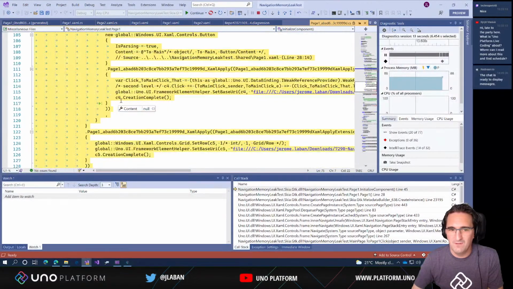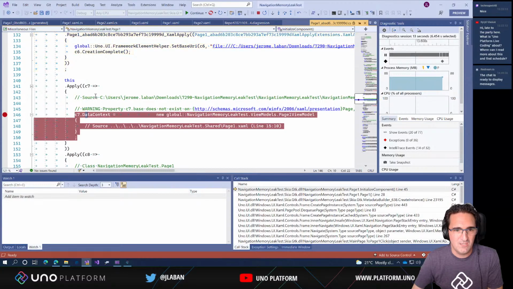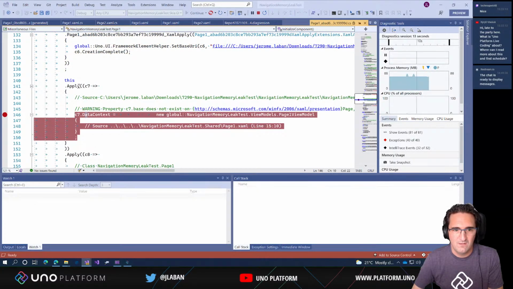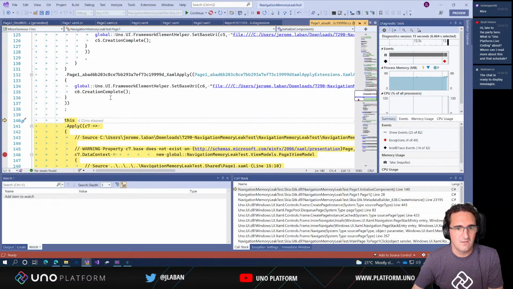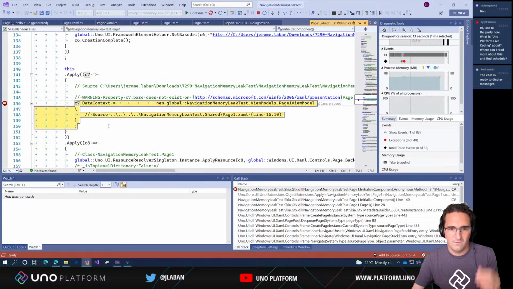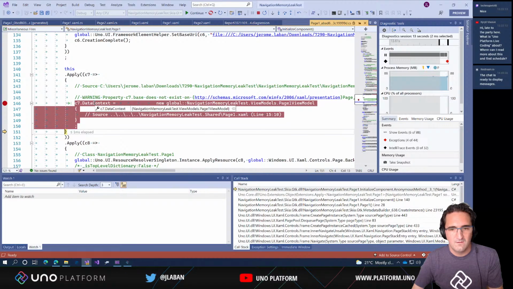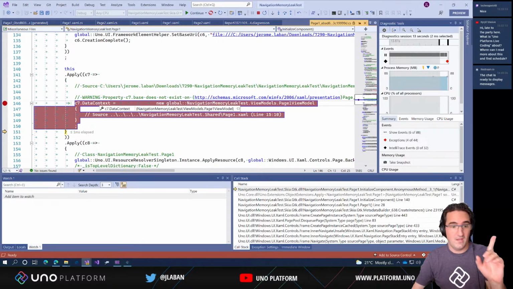Okay, so if I go to the data context initialization, oh, that's interesting. So it's skipped over. Okay, so it's initialized here. So the page 1 view model is here. So the interesting thing is that when we're doing that kind of thing, oh, there's something, that's actually something new